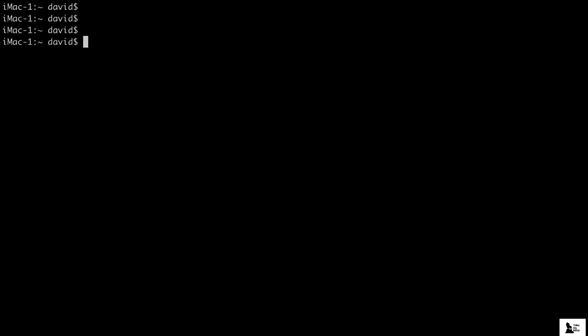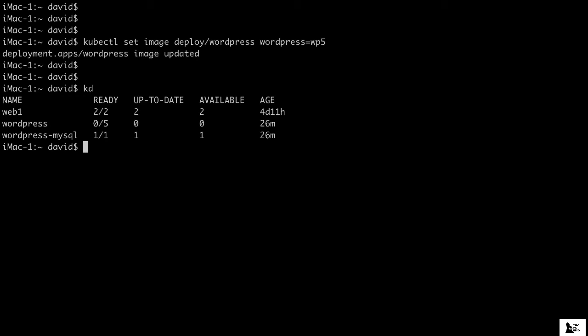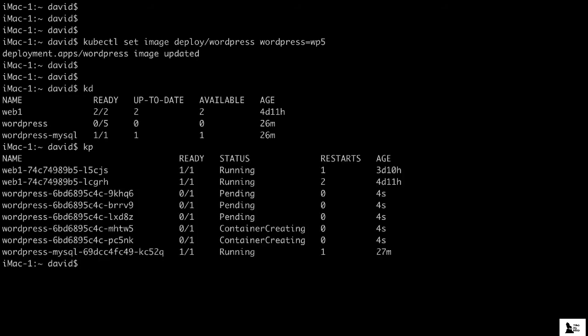If we clear the screen, let's now pretend that we wanted to roll out a new version of WordPress. Maybe there's a new version out, and we want to deploy that version across the 5 pods running in our Kubernetes environment. So we'll do kubectl set image deploy/WordPress, and the WordPress image will now be WordPress 5, let's say. So we reconfigured our deployment, and right now you can see there are 0 of 5 WordPress pods running,